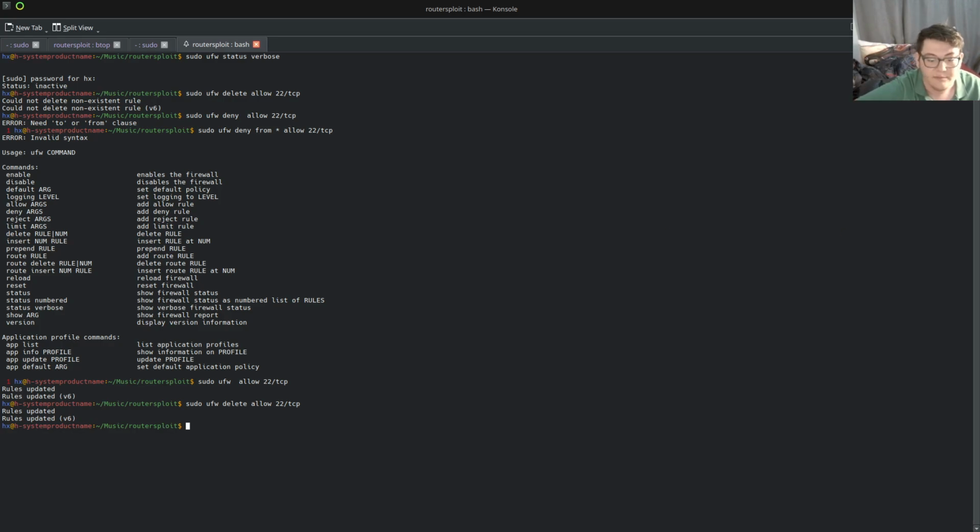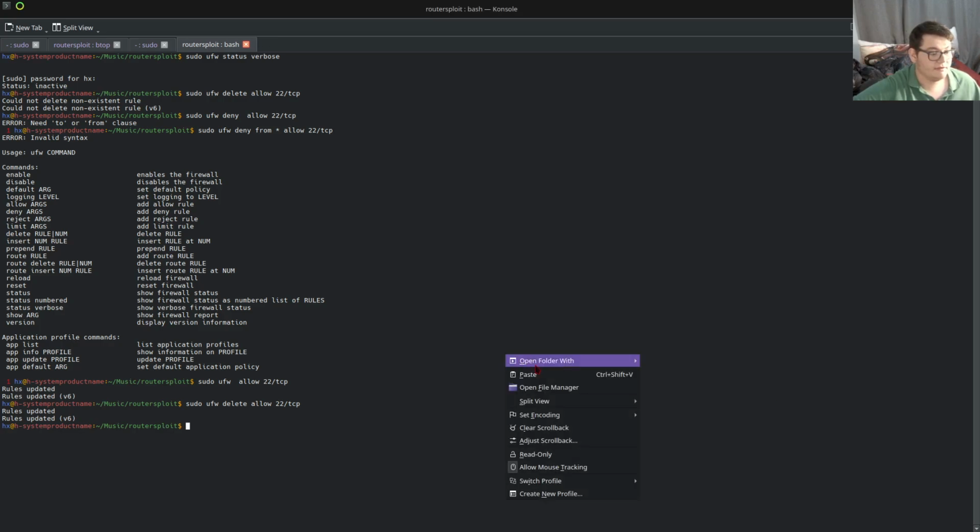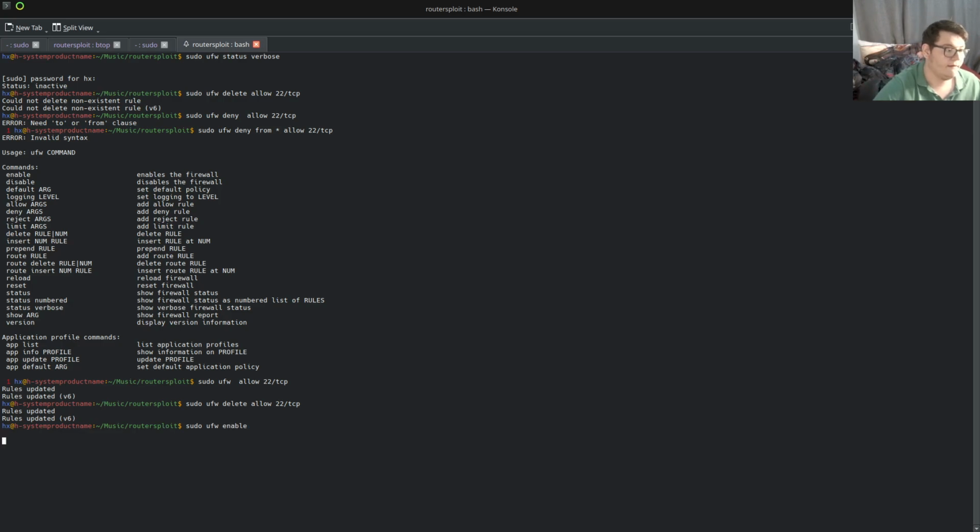And the same with deny from. Instead of allowing from IPs, you can deny from IPs. And also something that's really interesting: you don't always have to say the port numbers, like 22 for SSH. You can just say allow or deny SSH, or allow HTTP, which is website traffic, and you can also deny HTTP. So you can choose what you want to allow in the system, and when you're ready, you can say enable.